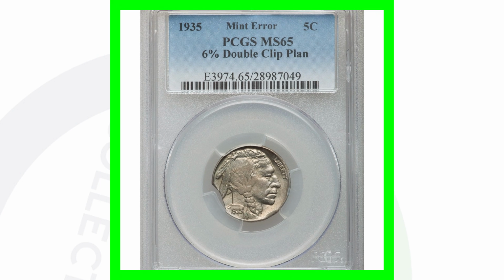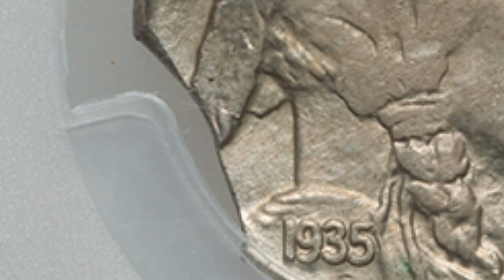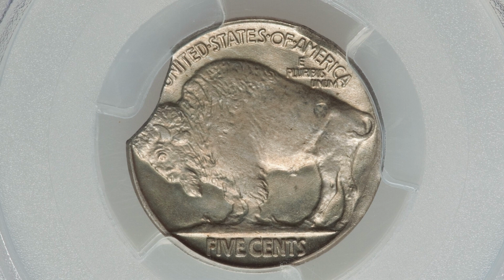Now here is a 1935 buffalo nickel graded by PCGS at a mint state 65 that has a double clipped planchet. So pretty self-explanatory here. We see this large clip here on the left side of the coin, and then we see this little minor clip here on the other side of the coin. This coin ended up selling for around $165 at auction because of the mint error and its condition, of course,